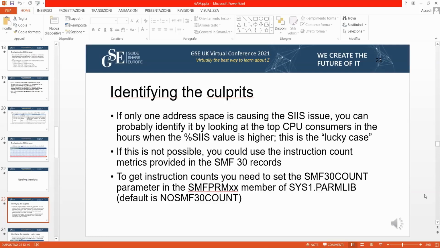So if you want them to be turned on, you have to change the parameter in your SMF PARM member, in your PARM library. The default is no count, so no SMF30 count. So you have to change this parameter if you need to have the counters at the address space level.